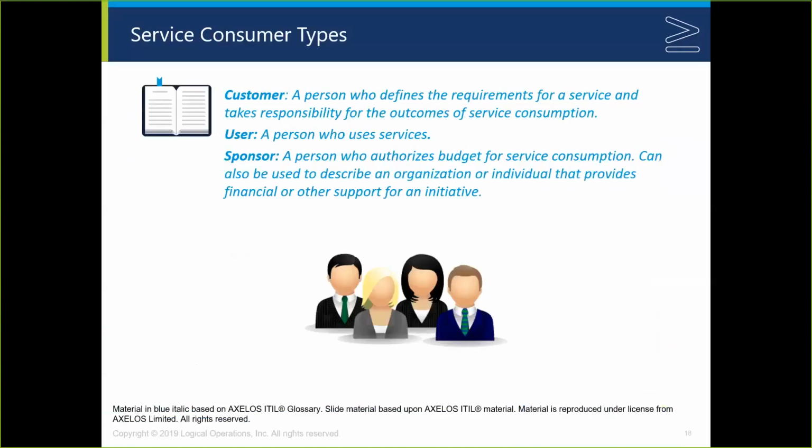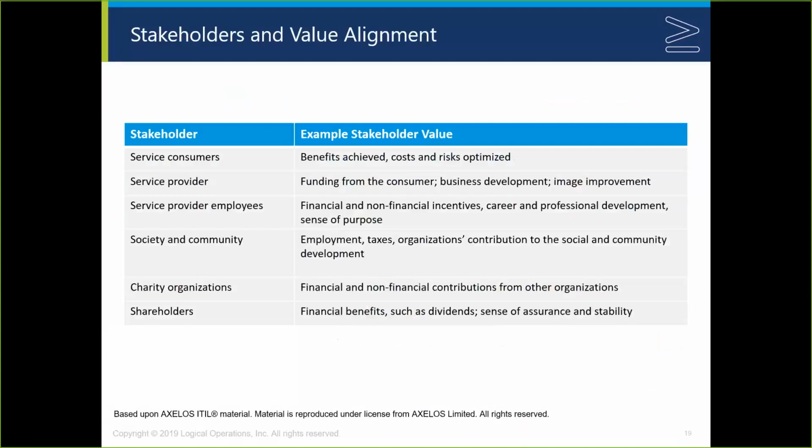And of course, we all end up playing both positions at various points along the way. In the ITIL 4 guidance, they define different types of service consumers. So they're on the hook for understanding the difference between a customer, a user, and a sponsor. These are basically the definitions taken out of the ITIL 4 Foundation guidance. They do want to understand the relative difference, that obviously they may have different sets of needs. And we want to make sure that we're serving the right people when we figure out who the consumer of that service is. And of course, there's lots of other stakeholders too. And so this gives us an opportunity to talk about who some of the other stakeholders are and what their stakes are in a service.